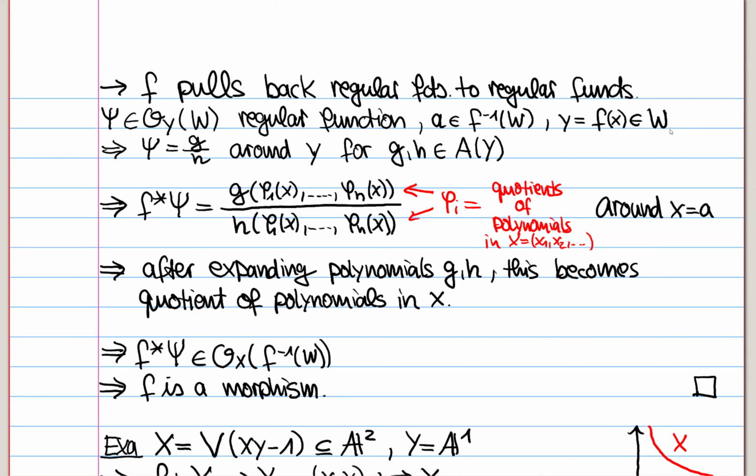Then, well, we use around the image the function psi is given by G divided by H for G and H regular functions on Y. And then the pullback, what does the pullback do? Well, we plug in the function F into the components of G and H. So F is given by the psi I, so we plug in psi 1 up to psi n into these terms here. And then by assumption, all the psi I are